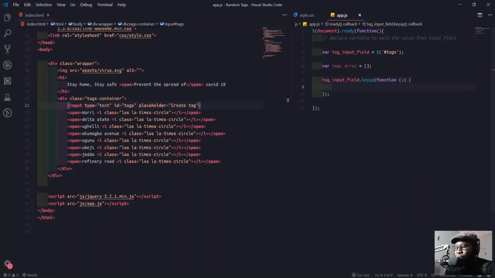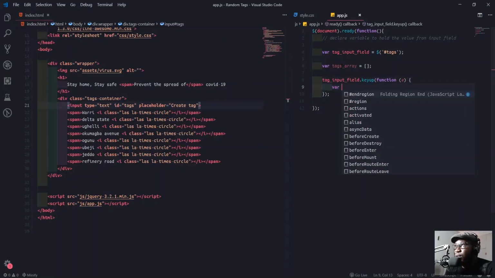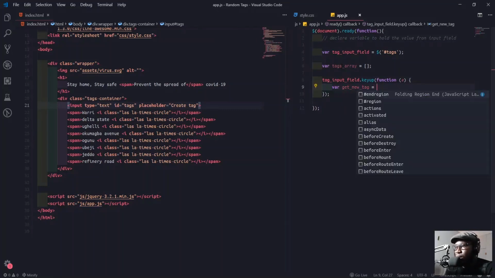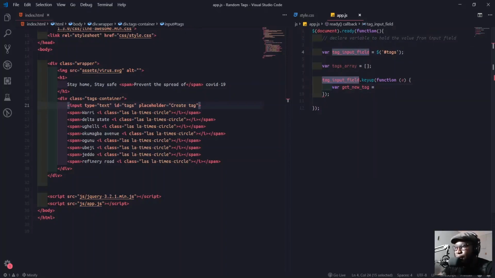Then I'll create a new variable. I'll call it get new tag. It goes to our tag input field dot value. So what I'll do now, I'll create an if statement.